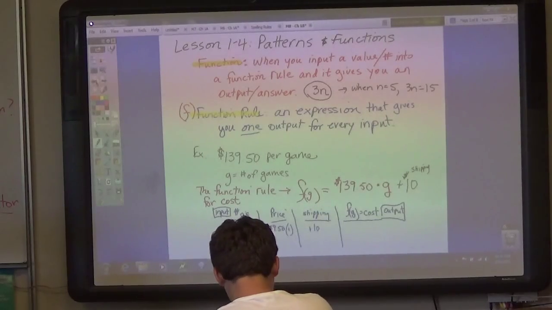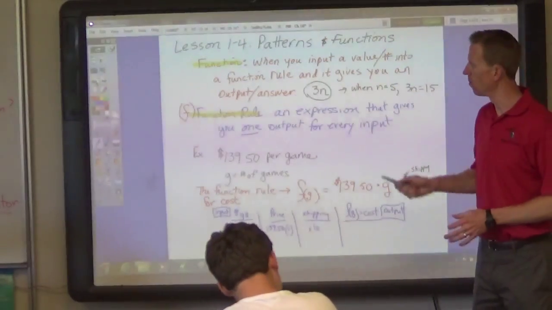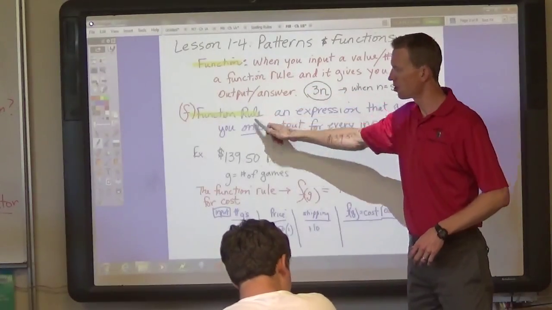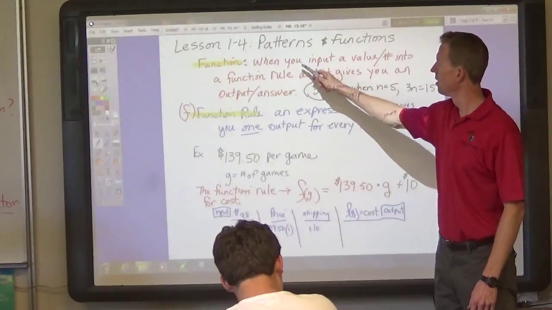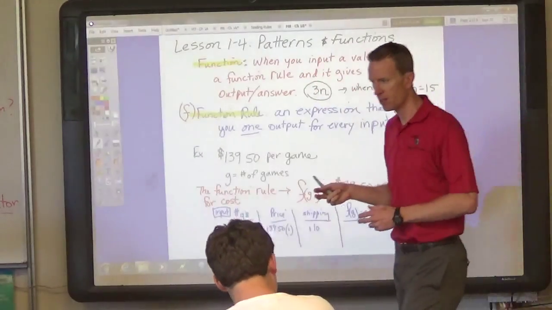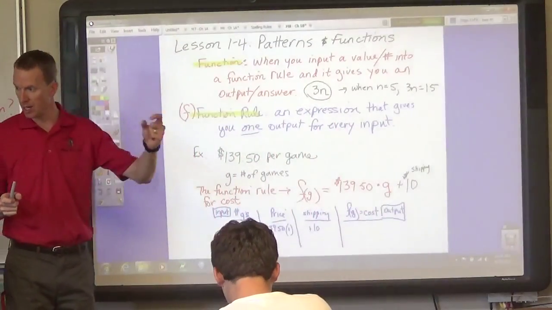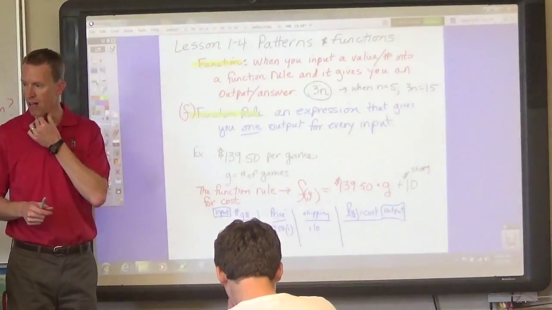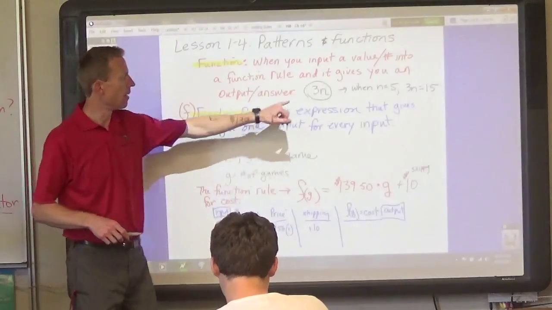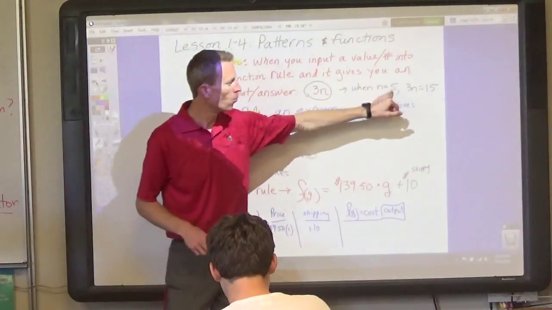Okay, 8th graders. We're going to go through lesson 4, and we're going to review some terms that are sometimes hard to understand. The term function and function rule, okay? First of all, a function is an equation that when you put in one number, you get a value. You get a number value. So, like 3n, if you put in a number for n, you'll get one answer,